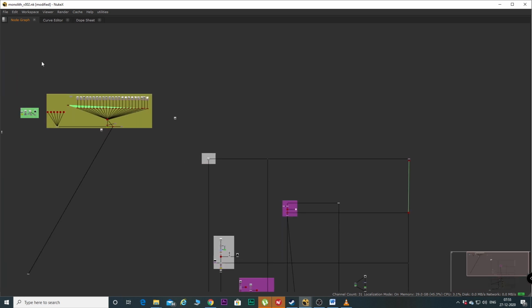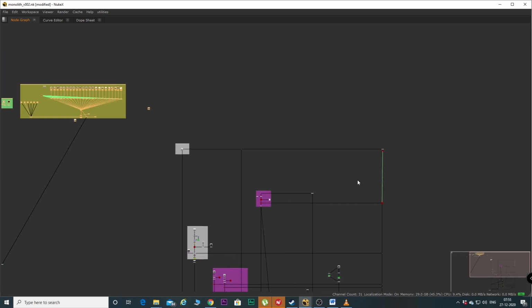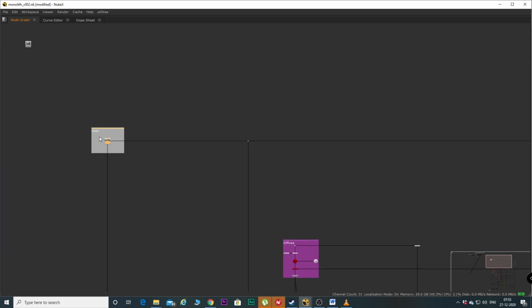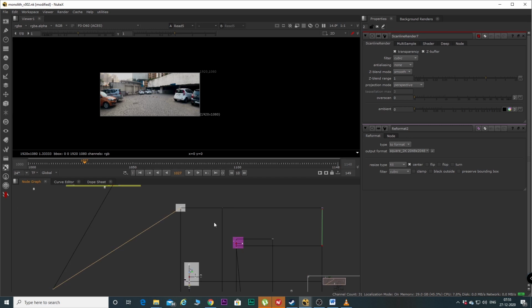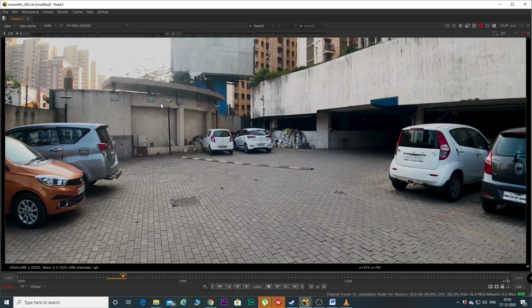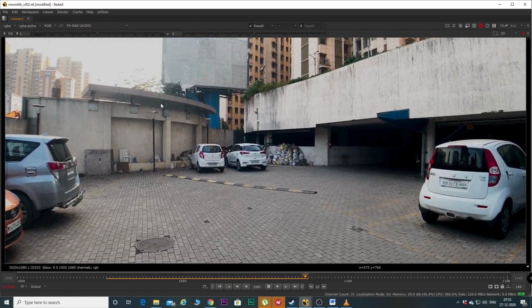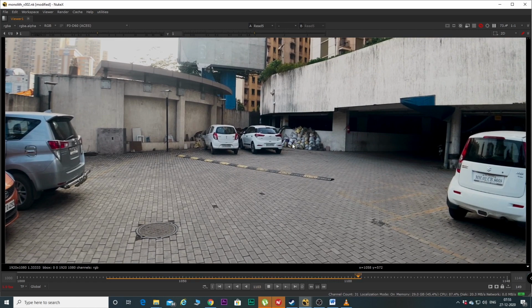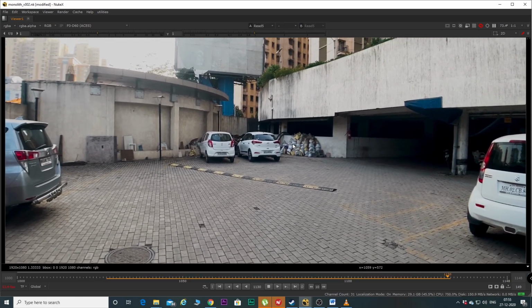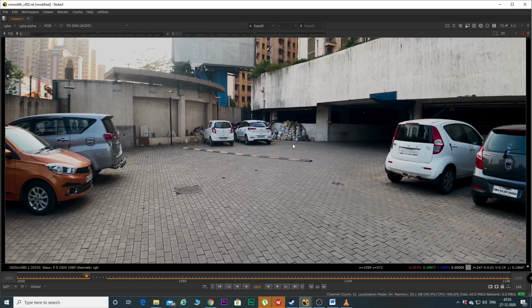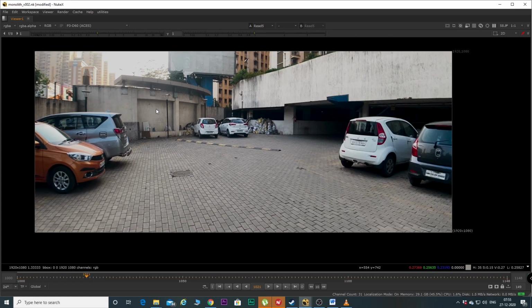So now that we have our prep done, I think we should start with our main compositing. I've done a 3D track for this footage. I won't be demonstrating that because this is the easiest track that you will encounter. It is very easy to track. Also, one thing to be noted is that this footage is quite strobey. There is no motion blur. So make sure that you are not adding any motion blur in your main comp.